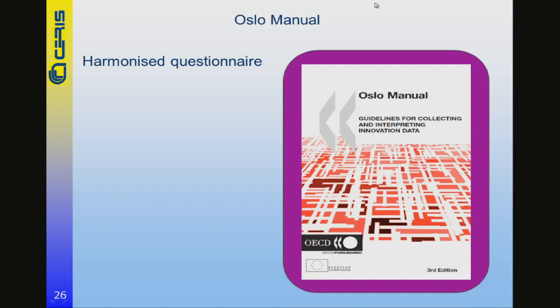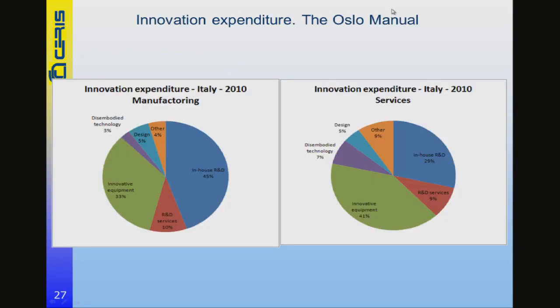Here, in fact, when we started, and Maria mentioned that, we started off writing this manual for measuring innovation in industry. Then we said, okay, we need to, from the very beginning, have a harmonized questionnaire so that the data come from the same matrix. The point is that after a while, we now have two series of R&D expenditures